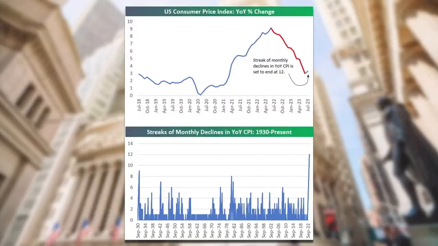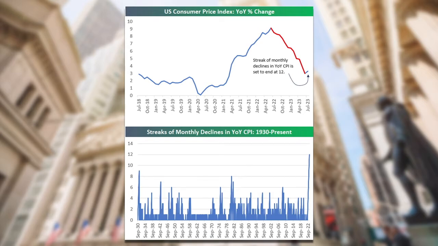Inflation had been falling year over year, but I didn't realize that it was really an outlier in terms of the consecutive number of months where the year over year reading was lower than the previous month. It's a full year, it's 12 months. Pretty wild. It ended today, but pretty unbelievable. Bob,